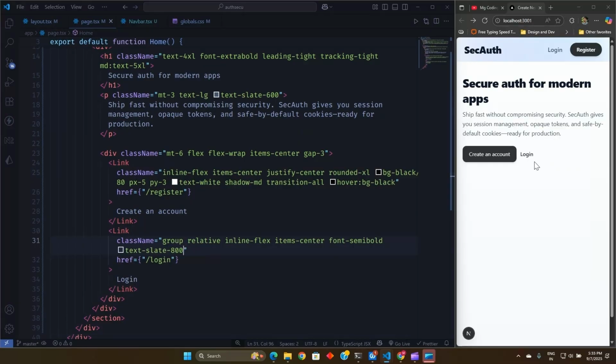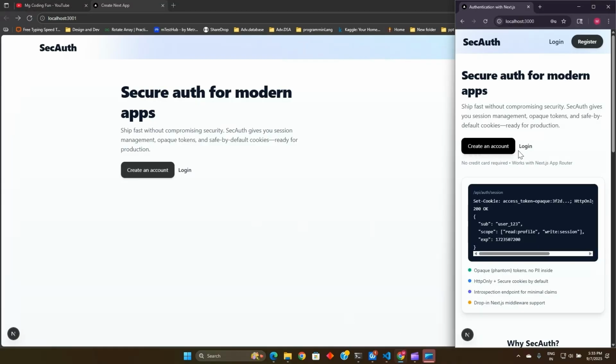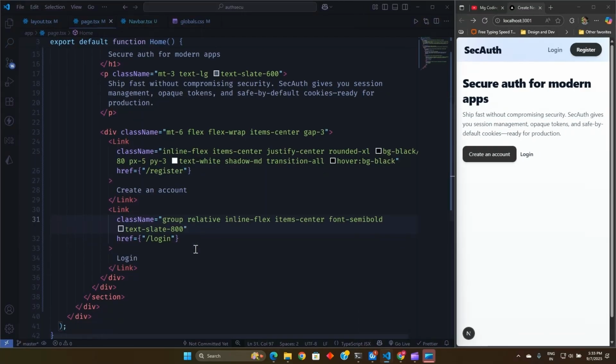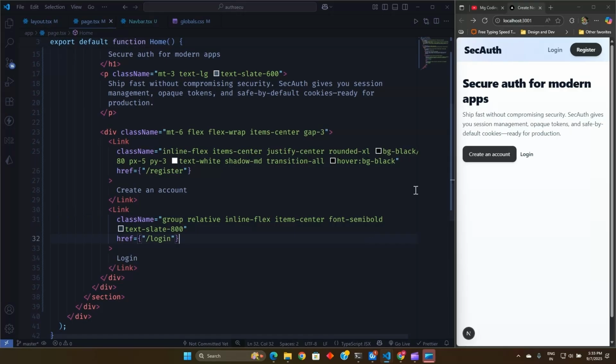So currently you can see this is our button for login, and when we see in our project and when we hover on this, we get the same effect as we are getting here. So we will do same thing here. I am not creating reusable component, but we can create a reusable component, so that for this too we don't need to like write code over and over. So after this text style we will add,